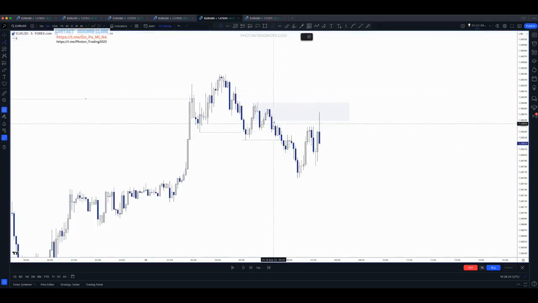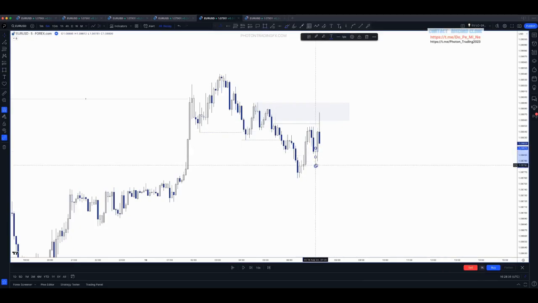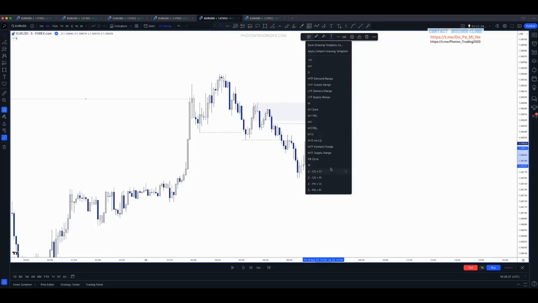You don't have to draw all of these on and go, right, here's that nearest level that's been liquidated. This is our freshest level of strong liquidity. We know there's going to be liquidity behind the structural high. That has now been taken, okay? Here is the PBL that liquidated that